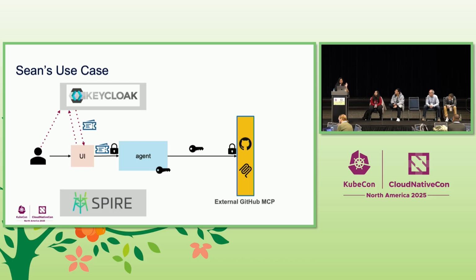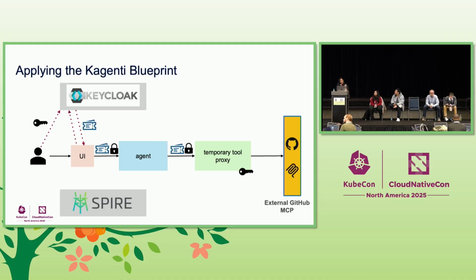So this is where we take a look at Sean's use case, and Alice is thrilled that OAuth is already implemented here. But there's something problematic about the fact that the API key is stored on the agent. The reason being, as soon as a user accesses the agent, the user will have all of the permissions that the agent has. And this is losing information, because now Alice is not going to be able to monitor, say, what agent tool calls are being done as well, because the agent is just calling directly to the remote GitHub MCP server. So instead, Alice decides to,